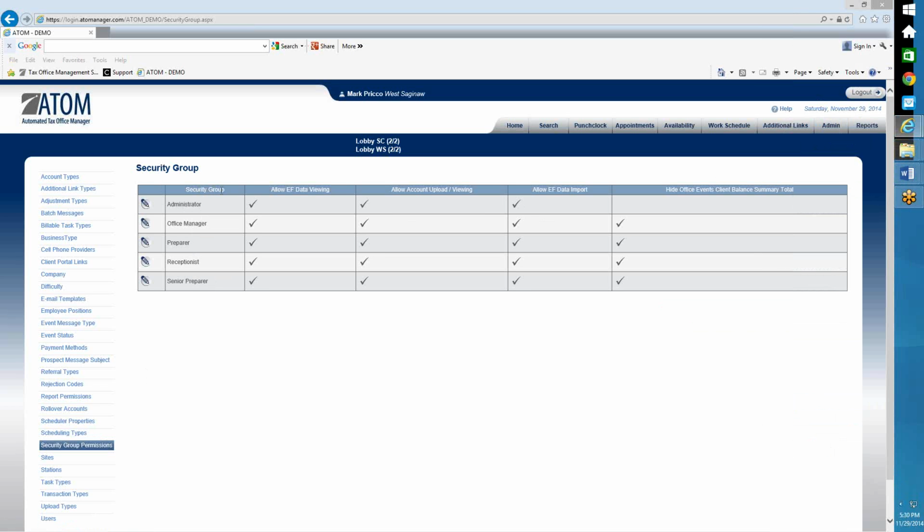So within this section, we're going to say what permissions each security group will have. The second column is Allow EF Data Viewing. I'm going to explain what each one of these columns means, and then you can decide whether you want to turn them off or turn them on. Right now they're all on for Allow EF Data Viewing, and what that is,